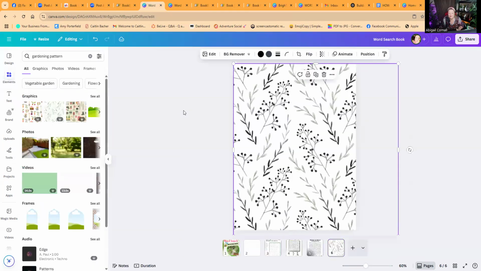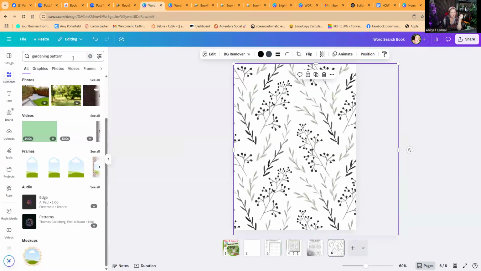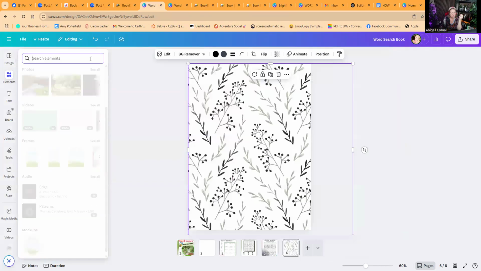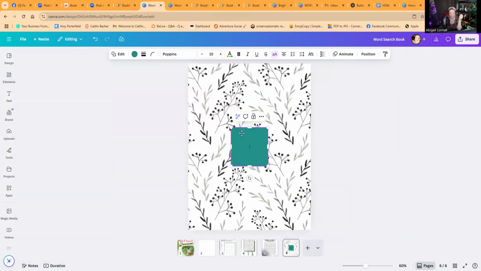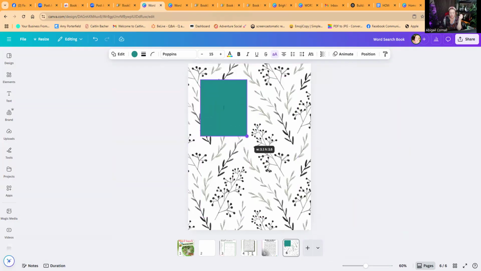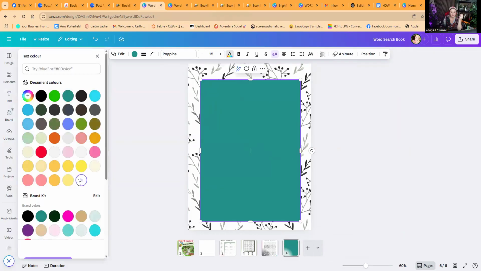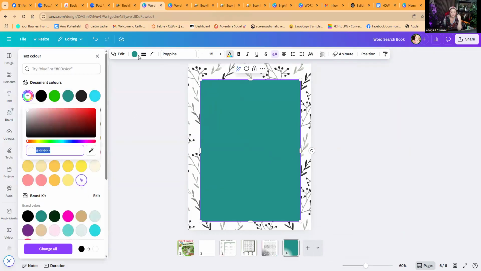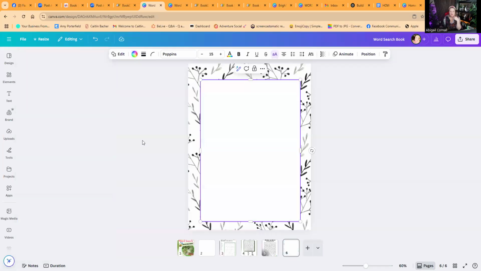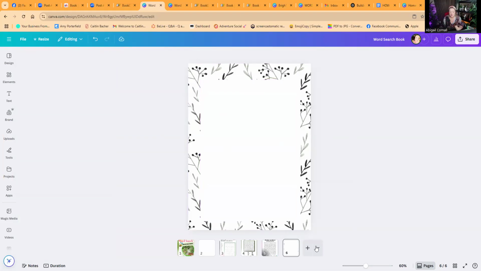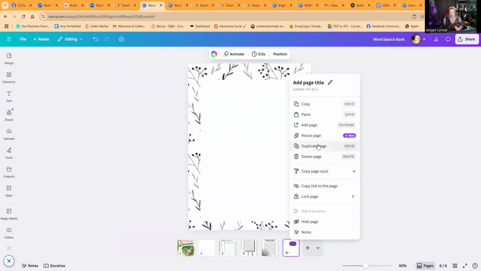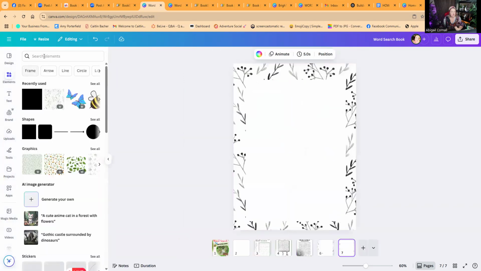And then you can either use BookBolt to put the... it's probably better to use BookBolt, but you could put a white square on here and just download the whole thing. You don't have to do that white square in BookBolt, if you get what I mean. And then you can make sure it's the same size, duplicate page, and then